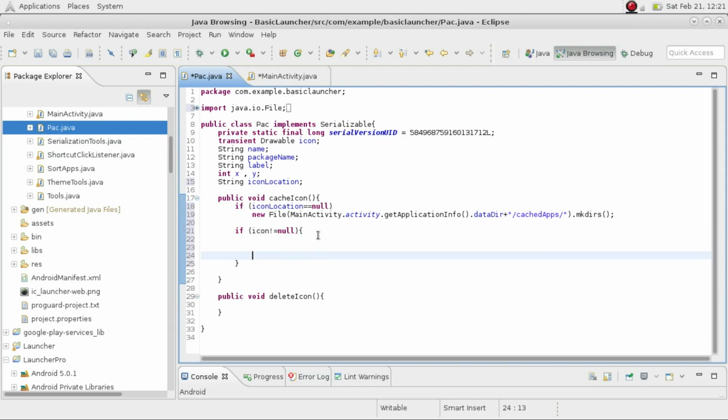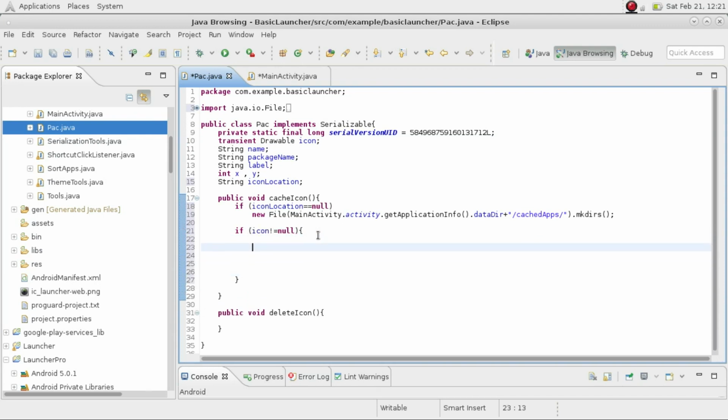So if it's not null, we're going to save this icon out into the data directory in the cached apps folder. So let's create a file output stream. We can call it FOS, file output stream, equal it to null for now, and